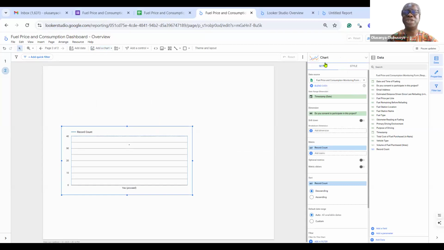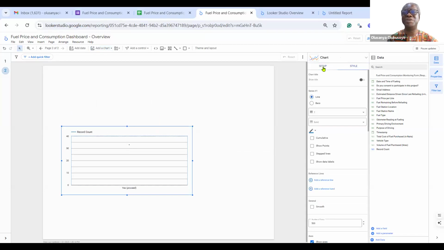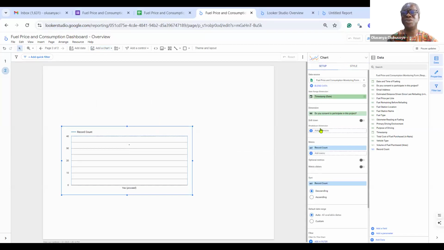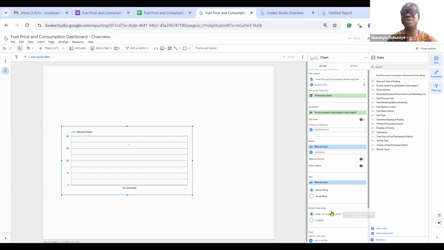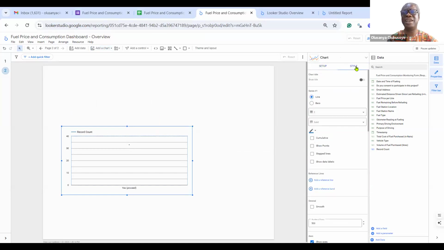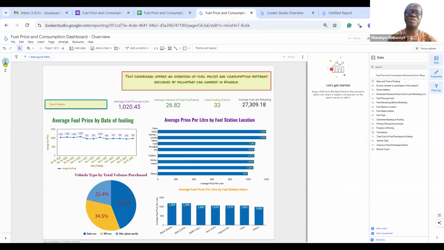When you drag like that, you have the setup and you have the style. The setup is where you choose the dimension, you choose the metric, and then you choose other options. In the style, that's where you customize the chart to have the kind of design that you want. Again, I'm just taking you through all this in a rush manner.